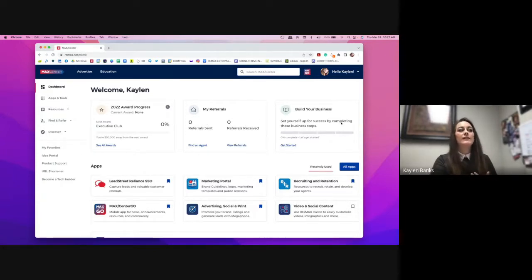And then finally, the Build Your Business section. It'll set you up for success by completing some of these business steps. If there's something that you're lacking on MaxCenter, or something that the system, through the backend algorithms, thinks you could do better with, you can come in here, click Get Started, and it'll walk you through step by step on some things that maybe you could update